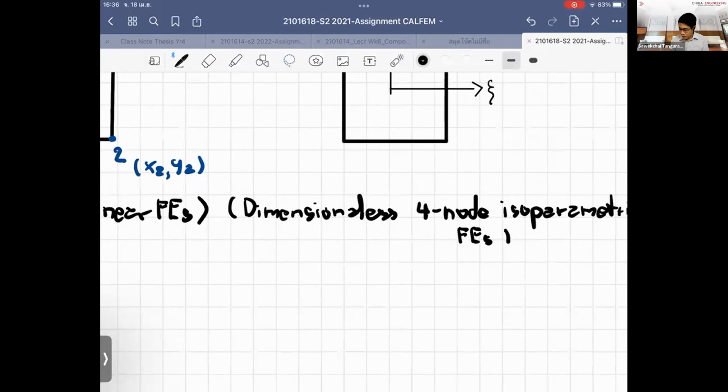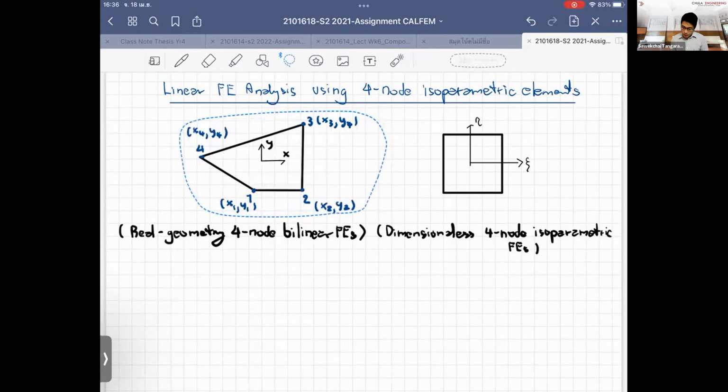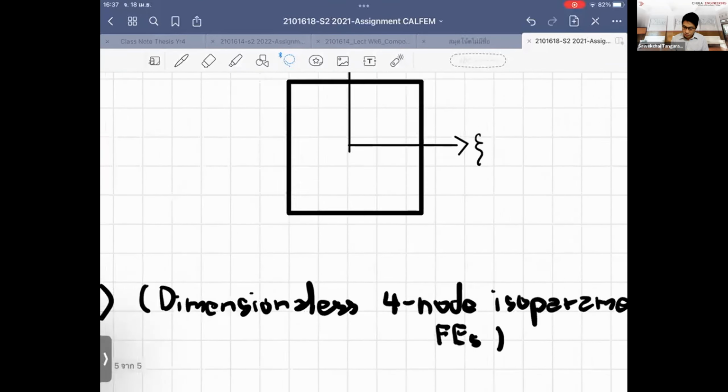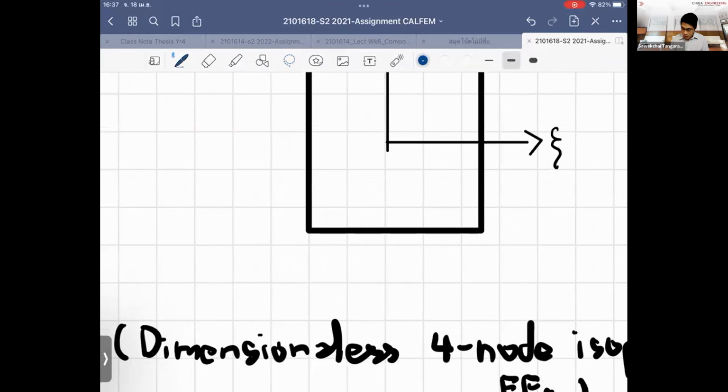So the difference between them is this. If you use the finite element mesh on the left-hand side, you can use some other standard form that you took before, but the problem is that you may need more time to prepare all the stiffness matrices. But if you use an isoparametric element, they will treat all the mesh that you have here as a unit